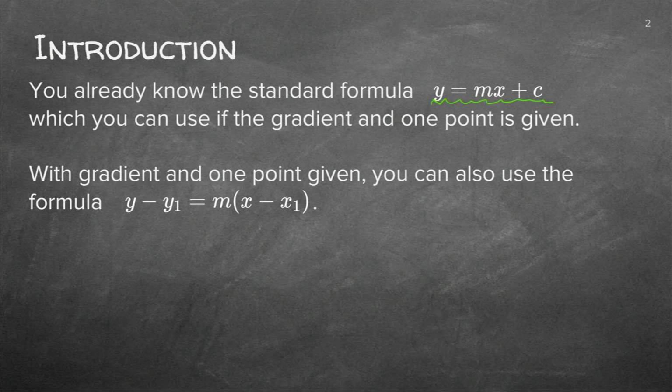This is the normal standard formula for a straight line. But as always in maths, there are easier methods and more difficult methods, or longer methods and shorter ones. So luckily there's another equation. If you can recall the previous lesson, if we had 1 point, we first filled in the gradient, and then we had to substitute the point, and then we had to fill the c back into the equation, and then we only got the answer.